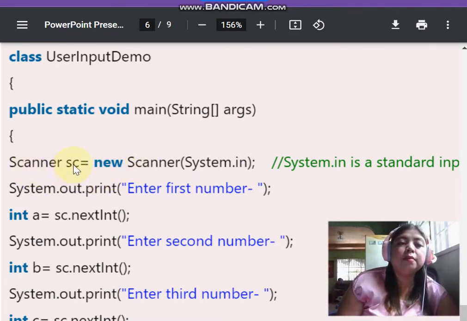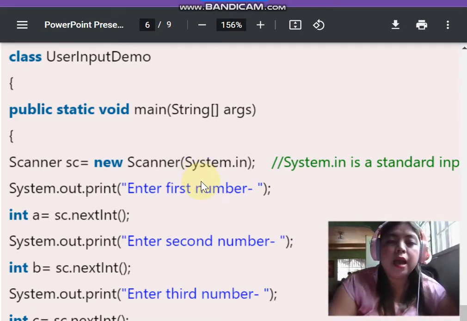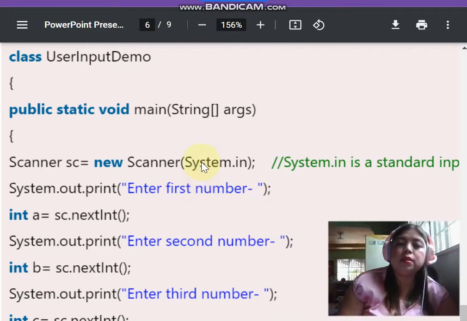Okay, so this time, SC yung ginamit nating identifier. The scanner, SC, is equals to new scanner. In your argument, you are going to enter system.in. Please take note of the capitalization of the letters because you have to follow that. Remember that Java is case sensitive. Now, the system.in means this is a standard input wherein you are telling your compiler that you are expecting an